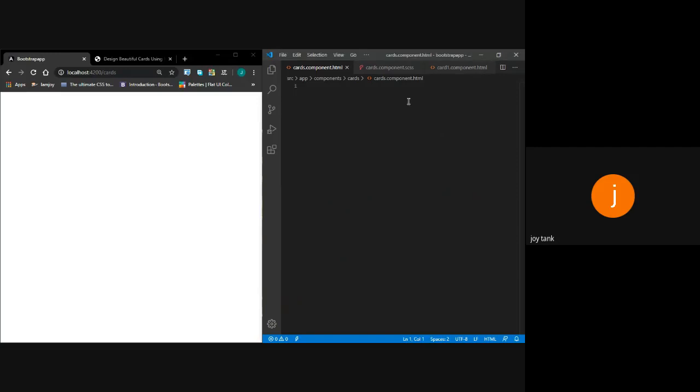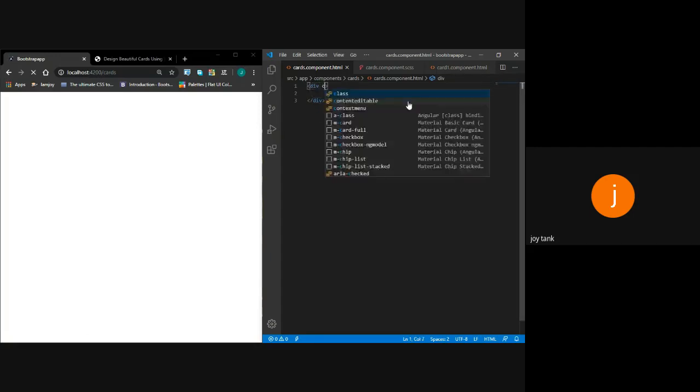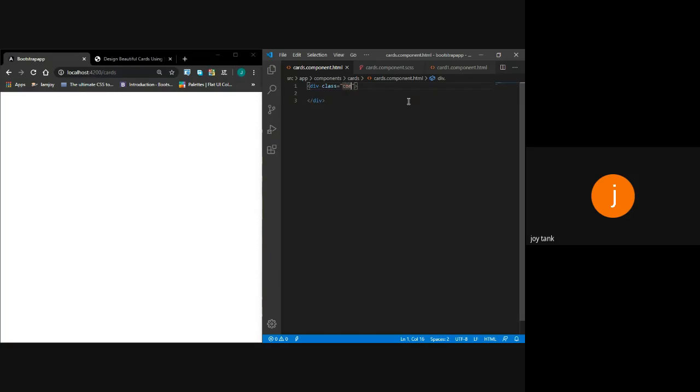So the basic fundamental, if you're writing code for any kind of Bootstrap, is that first we need to create a container div, and we will assign a class to it named container-fluid. Why container-fluid? There are two types of containers in Bootstrap: a simple container and a container-fluid. Why am I using a container-fluid?